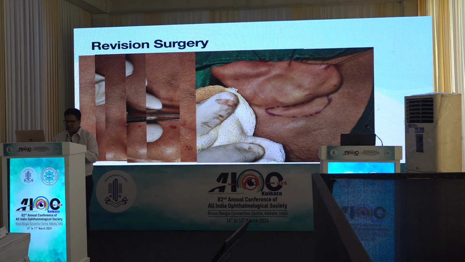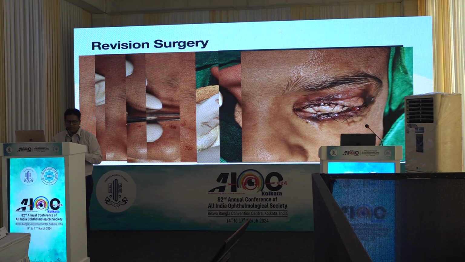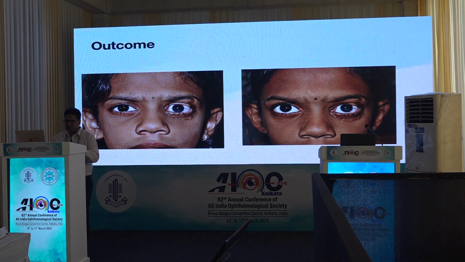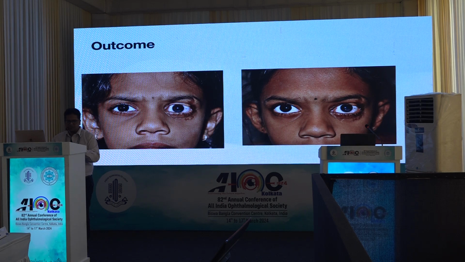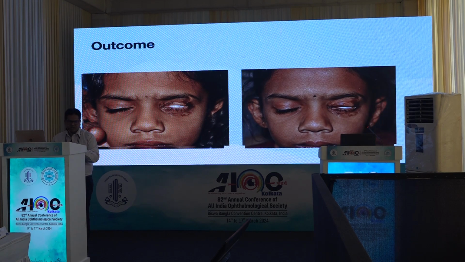After some undermining, there was still a defect left, so I used a post-auricular graft to close the residual defect, and after 4 weeks we divided it. Even though it doesn't look that drastically different, the cicatricial entropion that was rubbing the cornea is now completely gone,